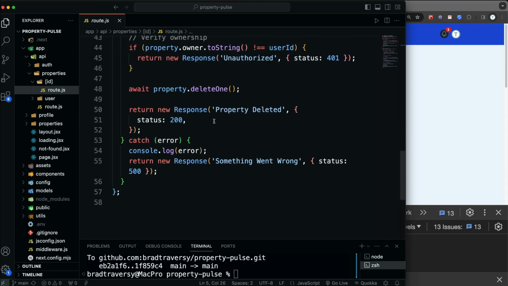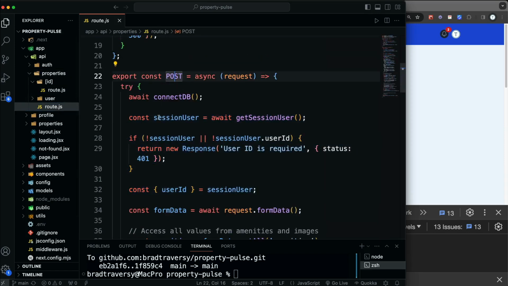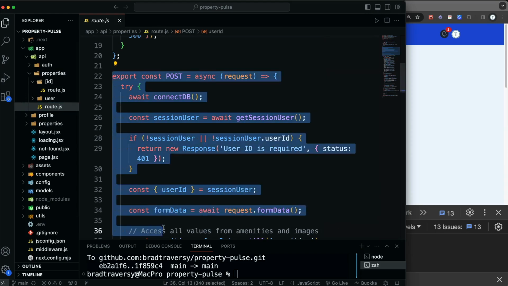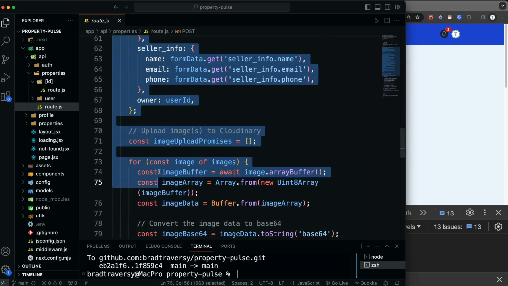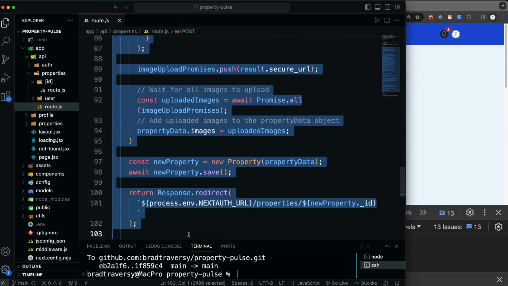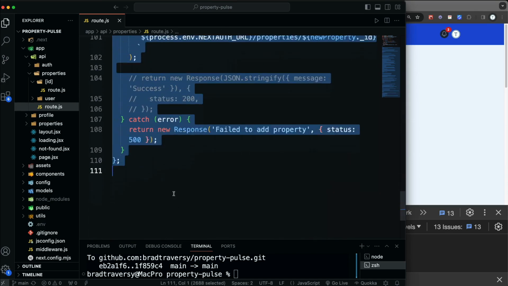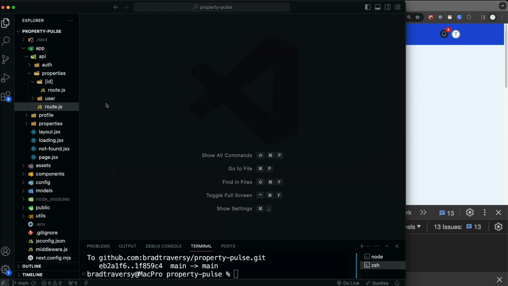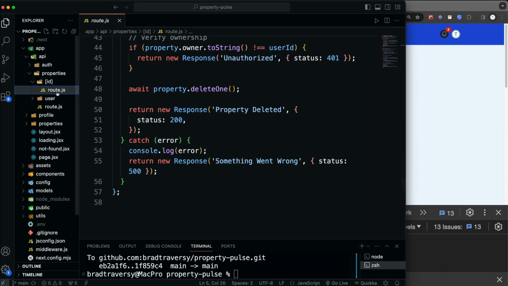Now, this is going to be pretty similar to the add route, which is properties, route.js, and then the post. So why don't we just copy this, because that builds the object that we want to submit and everything, and it uploads the image, although we don't need that part because remember this edit form doesn't include images. But we'll copy that whole post route and then go back into properties ID route.js, go down to the bottom